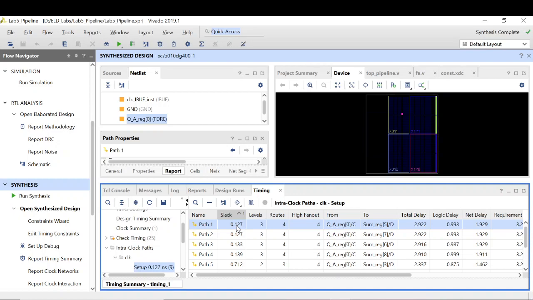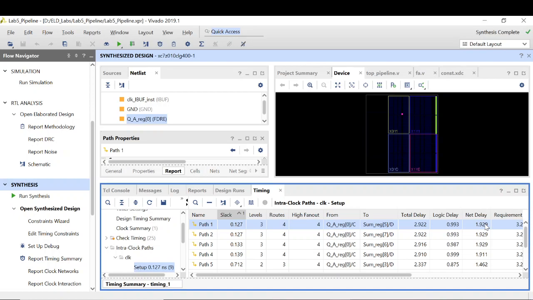That means this design is working fine, and in fact I have some margin to reduce the clock period further. But right now I have not actually routed it on the FPGA, so this is a general practice that we always keep some positive slack. The net delays you are seeing here are the estimated net delays, not the actual ones.